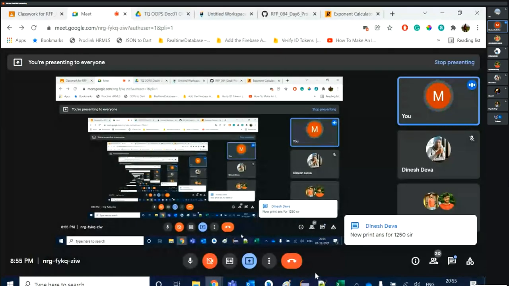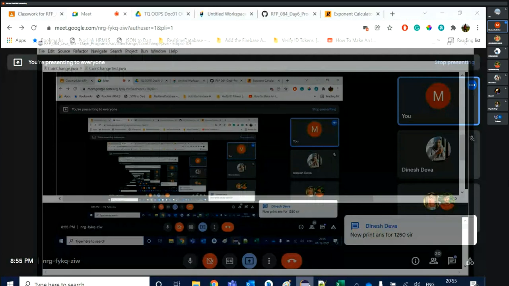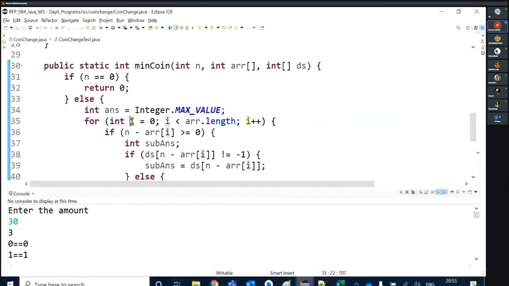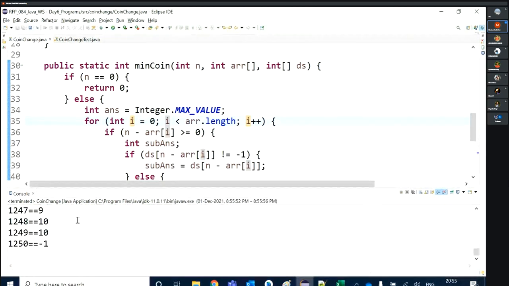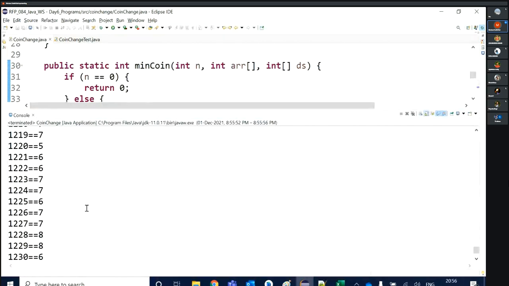Now print the answer for 1250. Okay, let's execute our program and check the answer for 1250. The length of the array is 1251, and all the solutions below that number will be there.